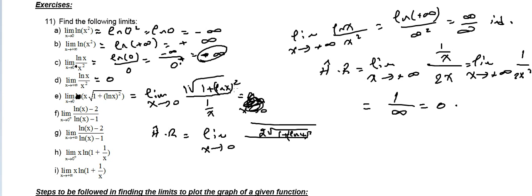What is the derivative of ln x squared? It's 2 times ln x to the power 1 times the derivative of ln x, which is 1 over x, divided by the derivative of the denominator, which is minus 1 over x squared. So the answer is going to be, if